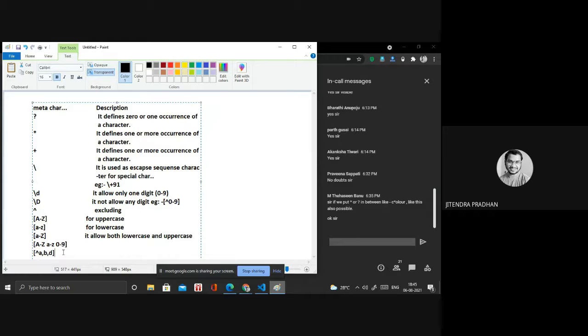Okay. So these are regular expressions. By using that, we are designing regular expressions. If you want many more regular expressions, we have many more meta characters in that. If I give you all these things, maybe you will be confused. Go to the internet and get all the meta characters, whatever is there, the description of each and the examples. You can get all these things on the internet.